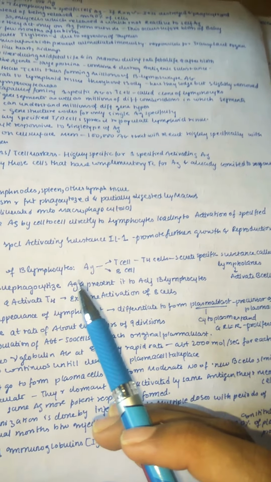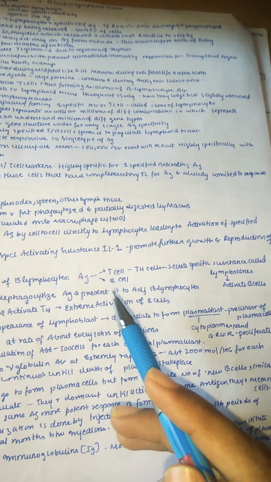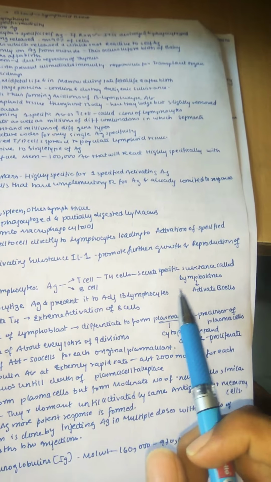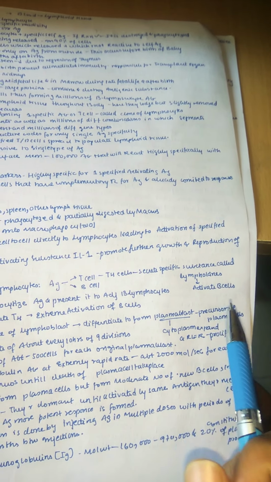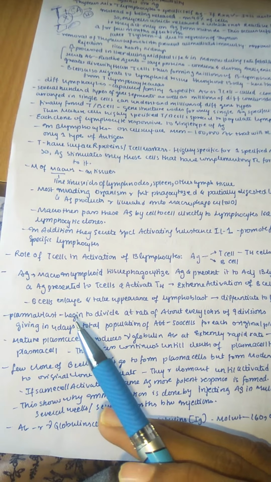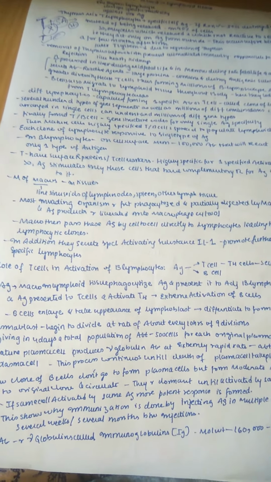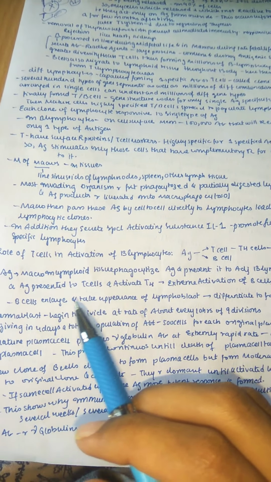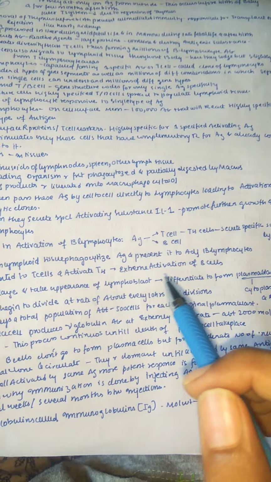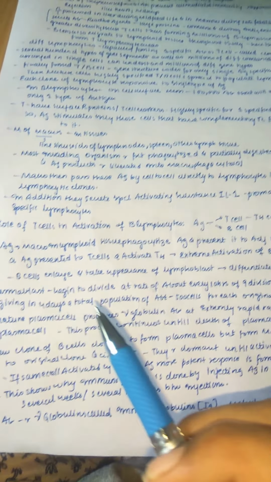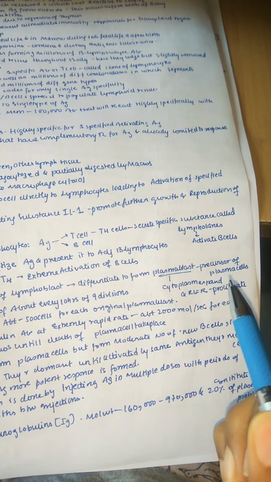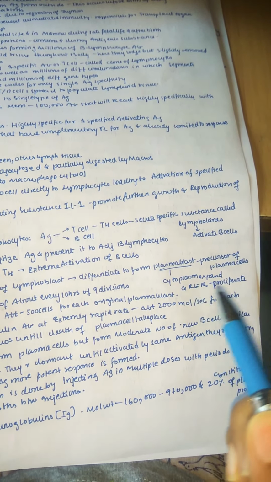So the role of T cells in activation of B lymphocytes is that antigen stimulates both T cells and B cells, and T cells mainly form the Th cells. These are T helper cells which secrete specific substances called lymphokines. These lymphokines in turn activate the B cells. So macrophages in lymphoid tissue phagocytose antigen and present it to the adjacent B lymphocytes, and the antigen is presented to the T cells and activates the T helper cells, and extreme activation of B cells takes place. B cells enlarge and take on the appearance of a lymphoblast, then differentiate to form the plasmablast, which is a precursor of the plasma cell. The plasmablast cytoplasm